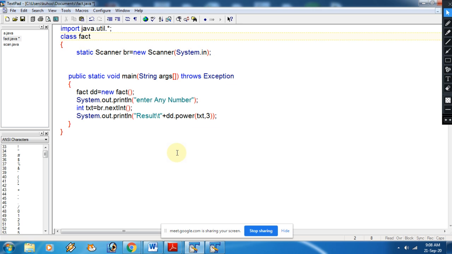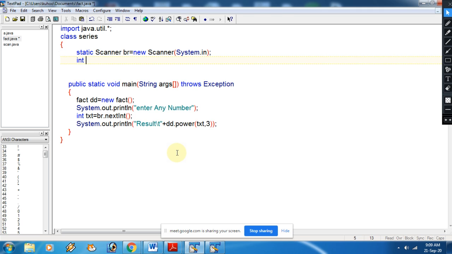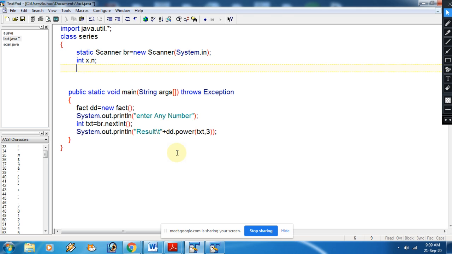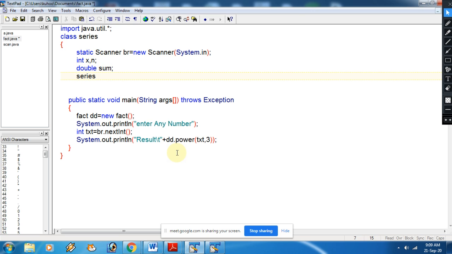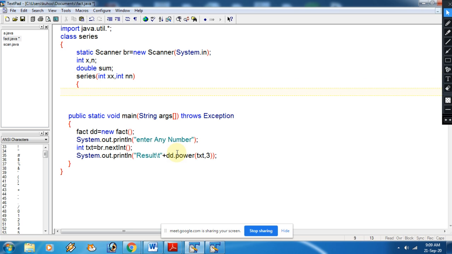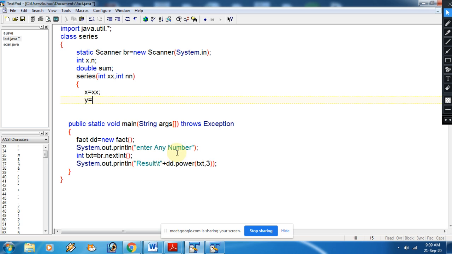So now, the class name is sum series. See, in this program I am using the util package. So is there any confusion in the util package? Can I use this? Because that's already written. Some members are given: int x, comma n, of double type variable. Sum is required. Now the constructor in which we are receiving only two parameters. The variable name doesn't matter because I am using double x and double n here. So those variables you will copy into the data members.